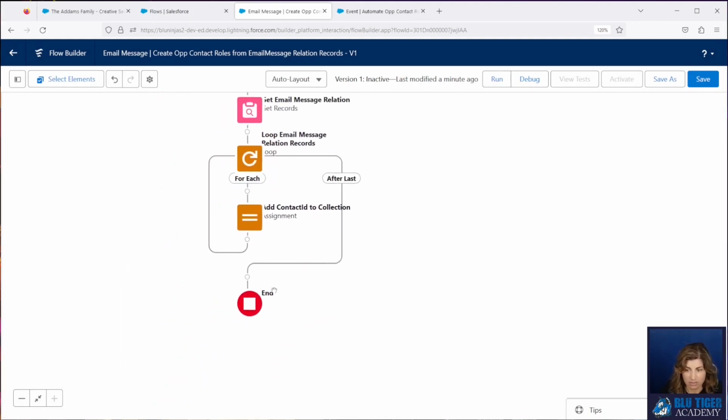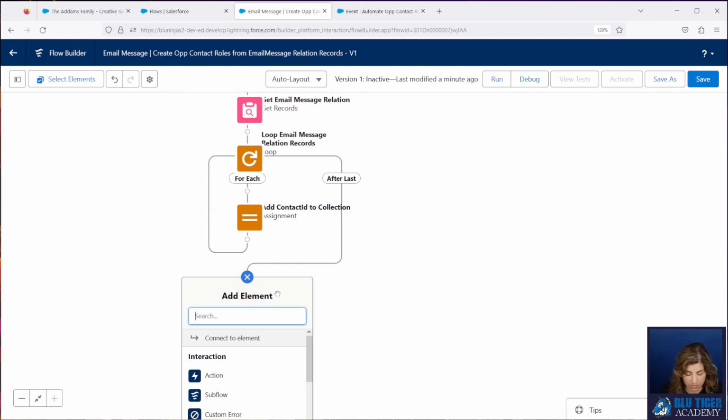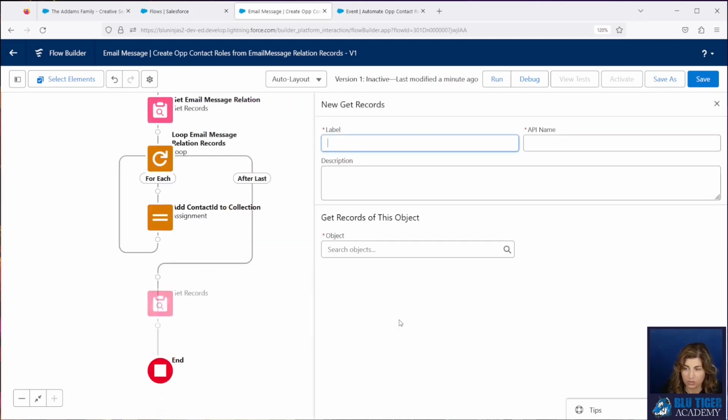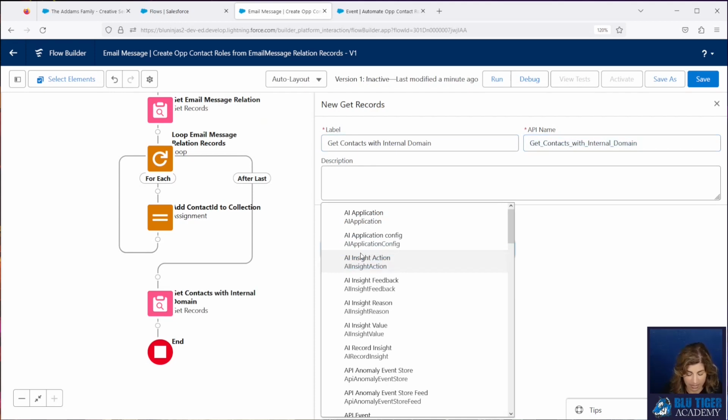Now, this is a step that you can choose whether or not you want to do. We're going to do a get contacts with internal domain. So this is so we're not adding internal contacts as contact roles.